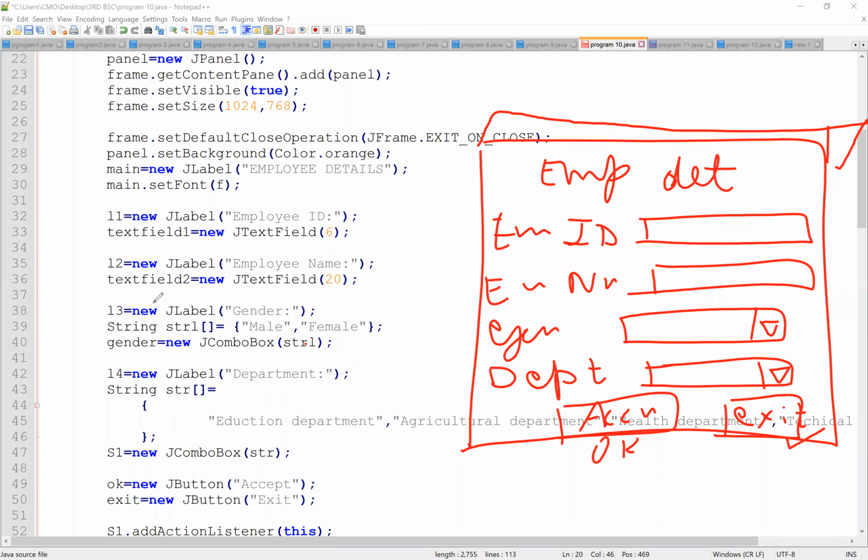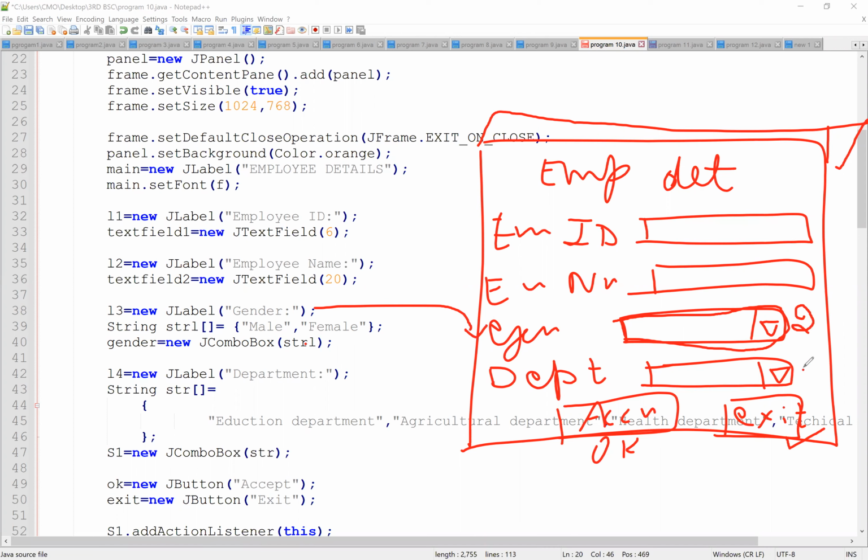In this we are supposed to use L3 is equal to new JLabel gender. This has been created. Now you need to create this combo box. How to create it? String str1 is equal to, we have two options, male, female. You are using an array because we have two options in this.